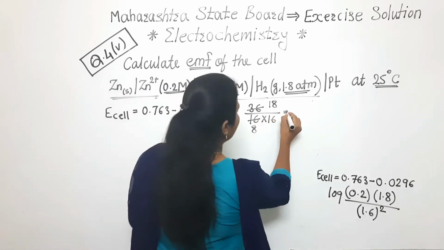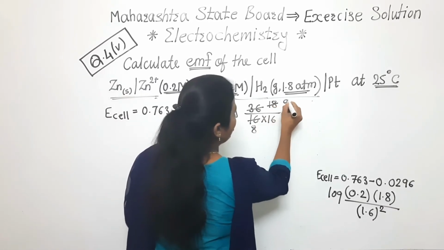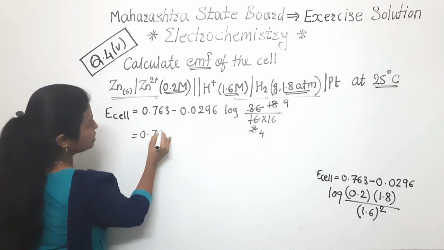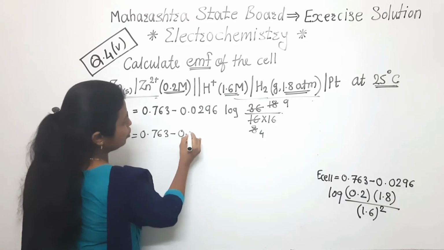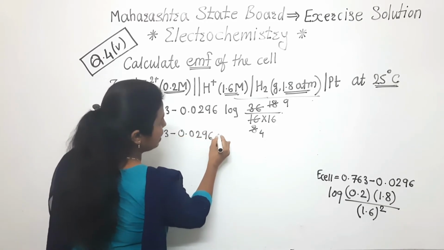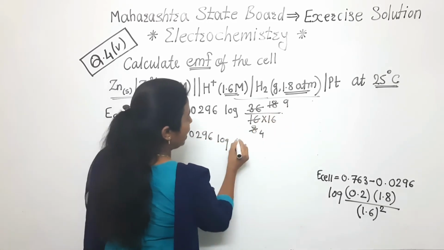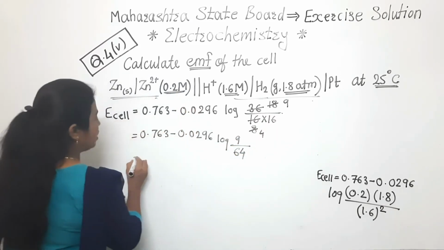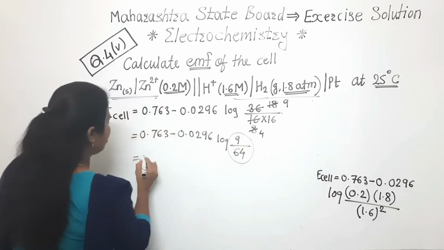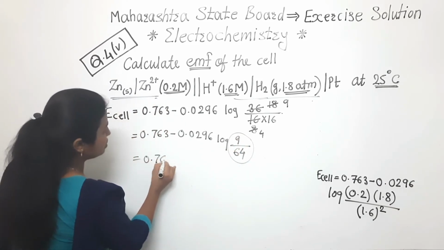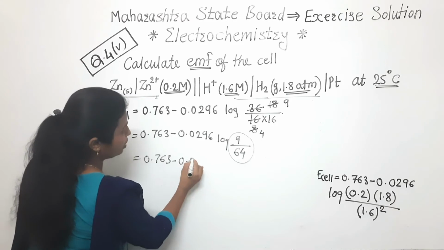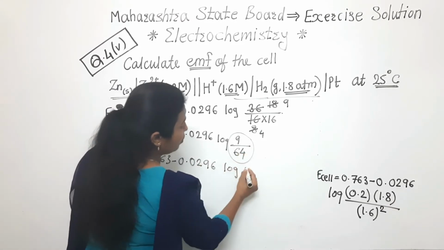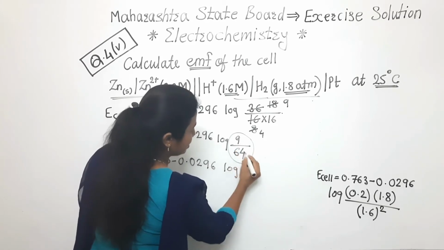Again we can simplify, 2 9s are 18, 2 4s are 8. So 0.763 minus 0.0296 log of 9 divided by 16 4s are 64. After this division we are getting the value, 0.763 minus 0.0296 log of the finally calculated value,